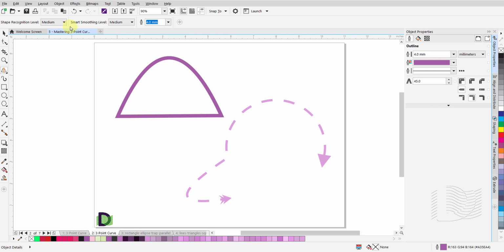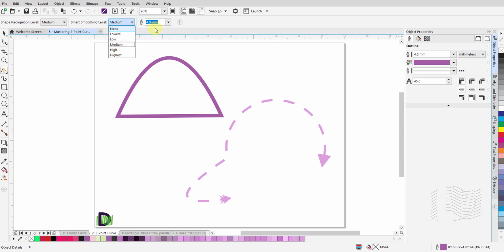The Shape Recognition Level adjustment options range from none to highest. You will select one of the available options from the drop-down menu here. Similarly, the Smart Smoothing level can be adjusted from none to highest from the drop-down menu here.